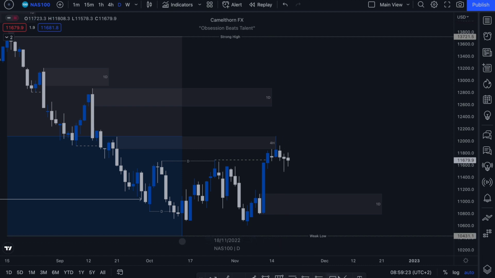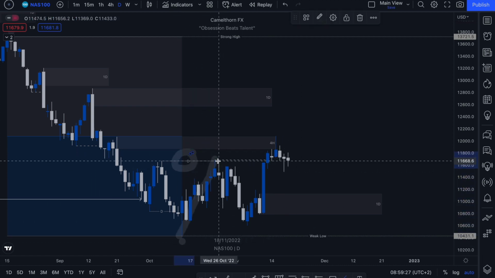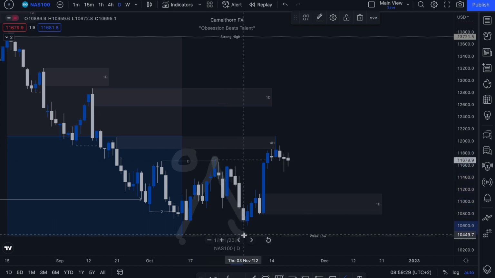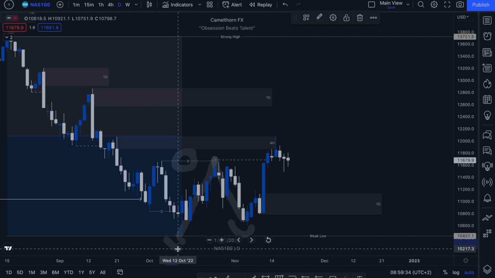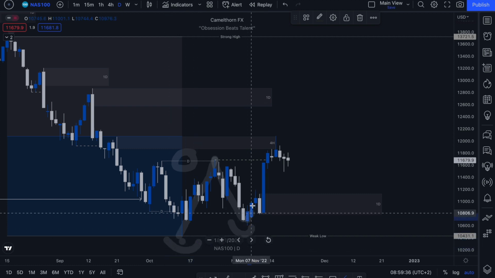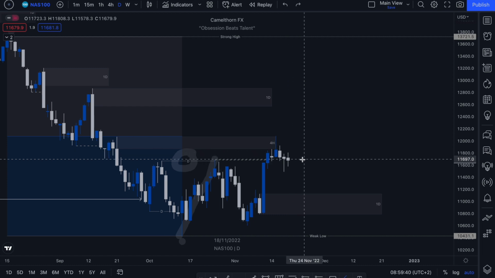All right. Why? Because price action is coming off of a change of character. It has then come in and created this new higher low essentially from this low, and it has now pushed up to create a new higher high. So for all intents and purposes, from a daily point of view, we